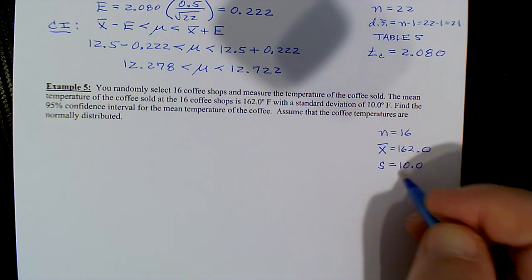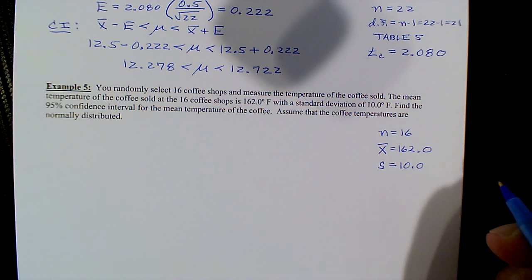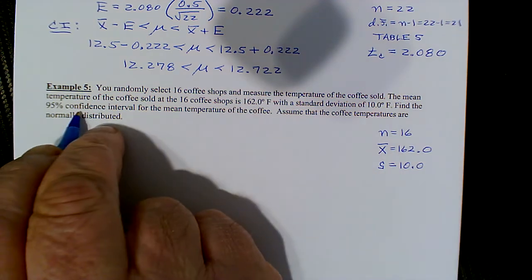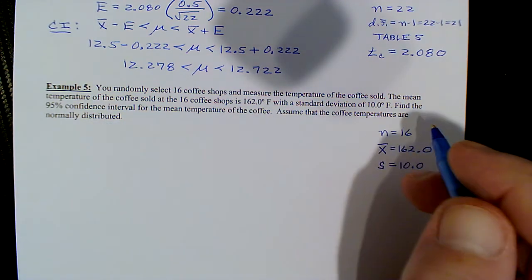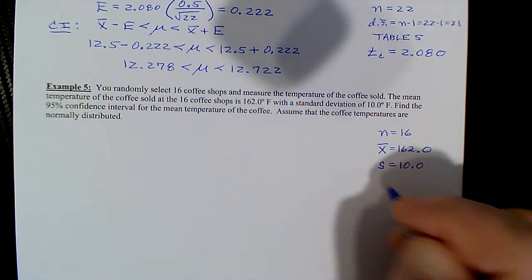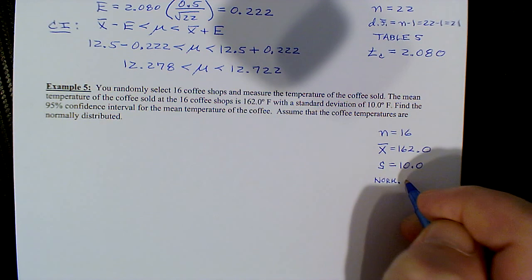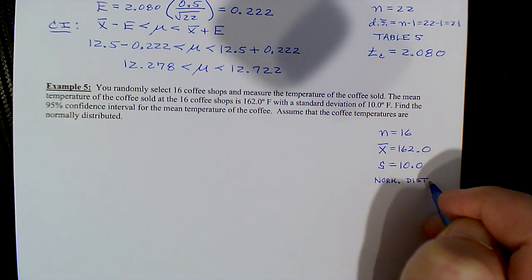So that's why it's extremely important to make sure you understand what symbol goes with the given information. And we'll worry about the 95% confidence interval in a minute, but the fact is that they're normally distributed. Okay, so if you're doing this on like the final exam or on the TOEFL,